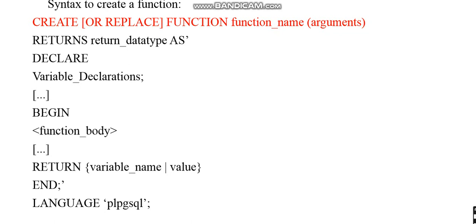Return: what the function is going to return. Here we have to specify whether it is null, whether it is 1, whether it is 0, or the variable value, anything, whatever value this function must return is to be in the return statement. This is the end of the begin and end, and language PLPG-SQL. PLPG-SQL tells us this function is implemented in the PLPG-SQL language. We are going to see an example of it.